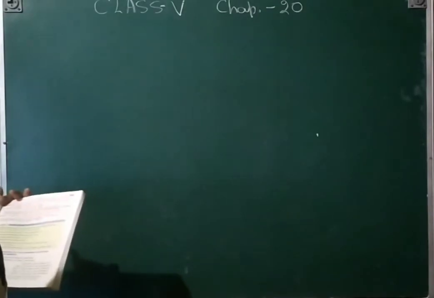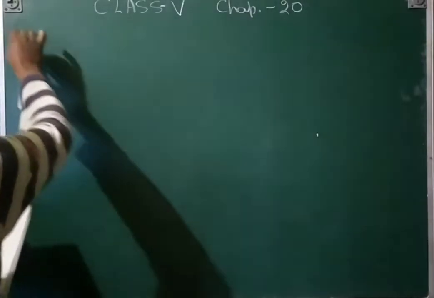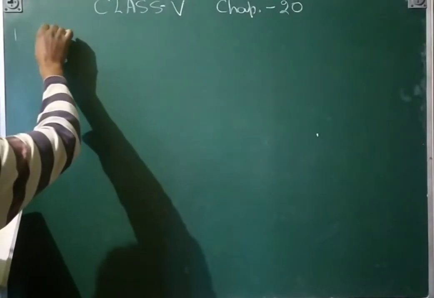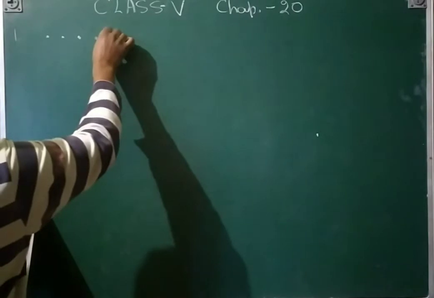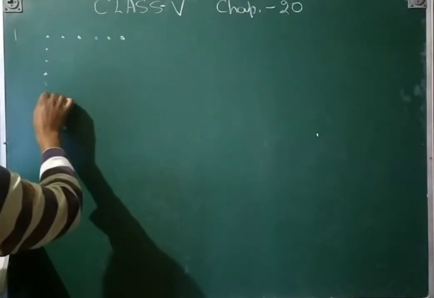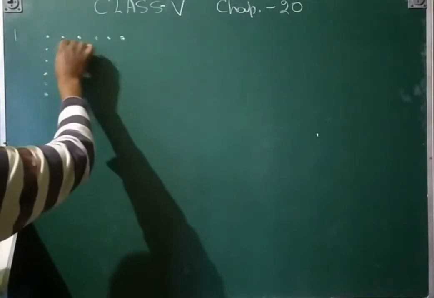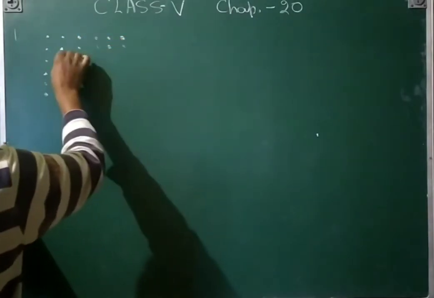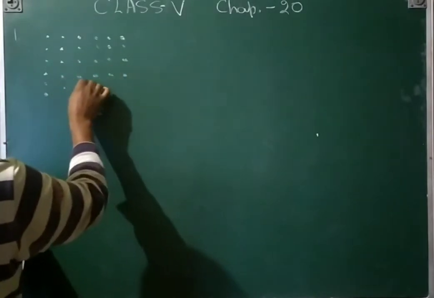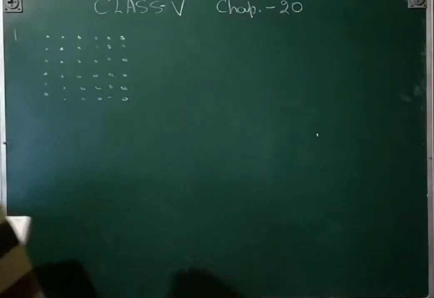So generate the square and triangle pattern with the help of 36 dots. That is 36. First of all, we will generate 1, 2, 3, 4, 5, 6, here also 1, 2, 3, 4, 5, 6, and then we will fill the box. That is a net of a square.